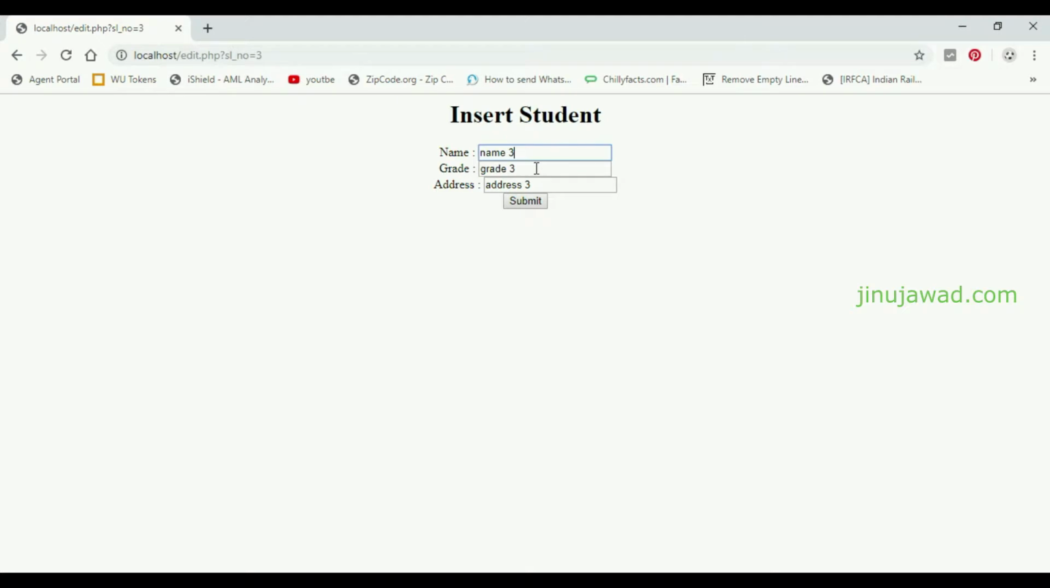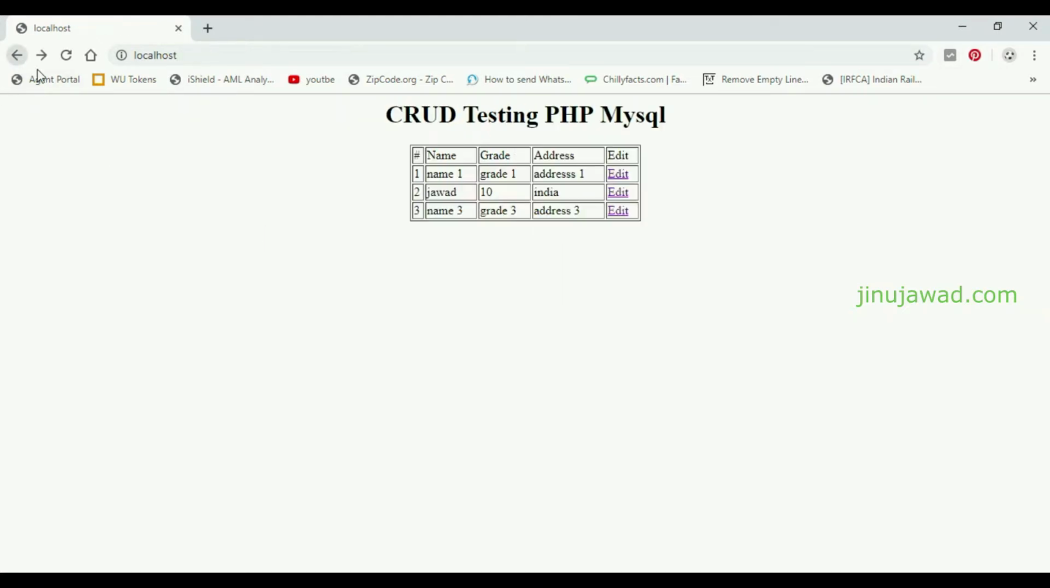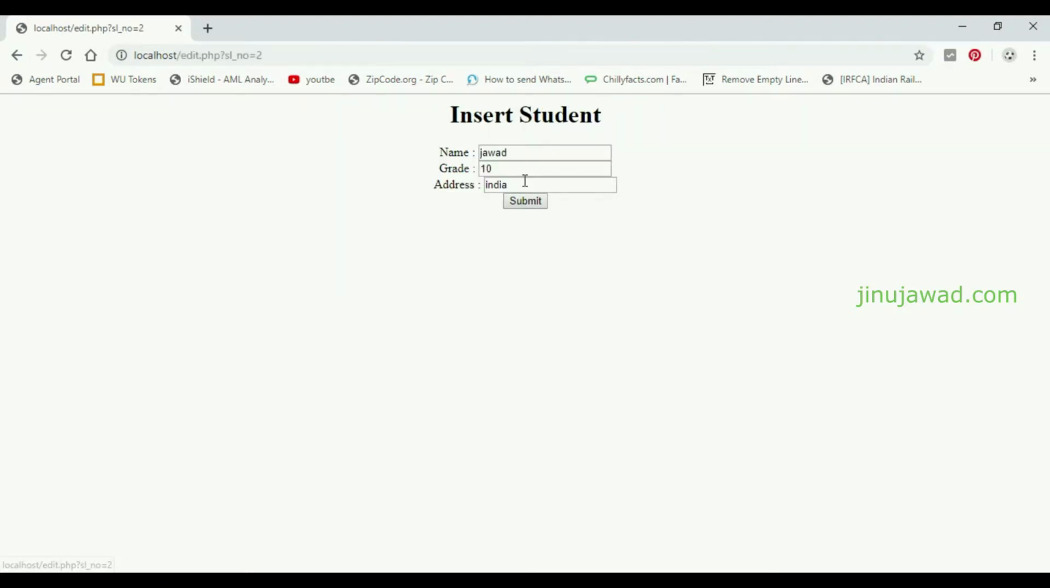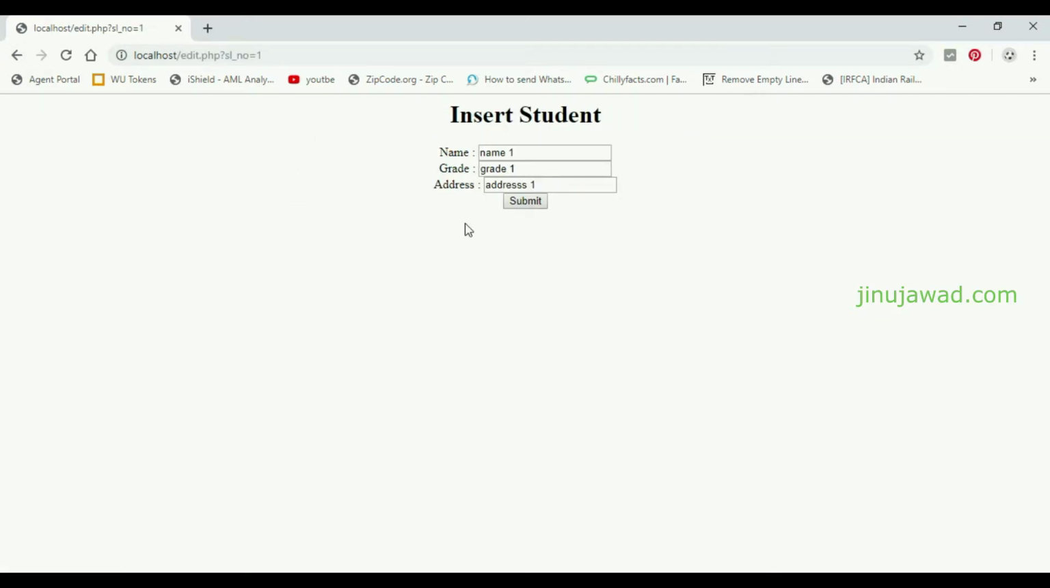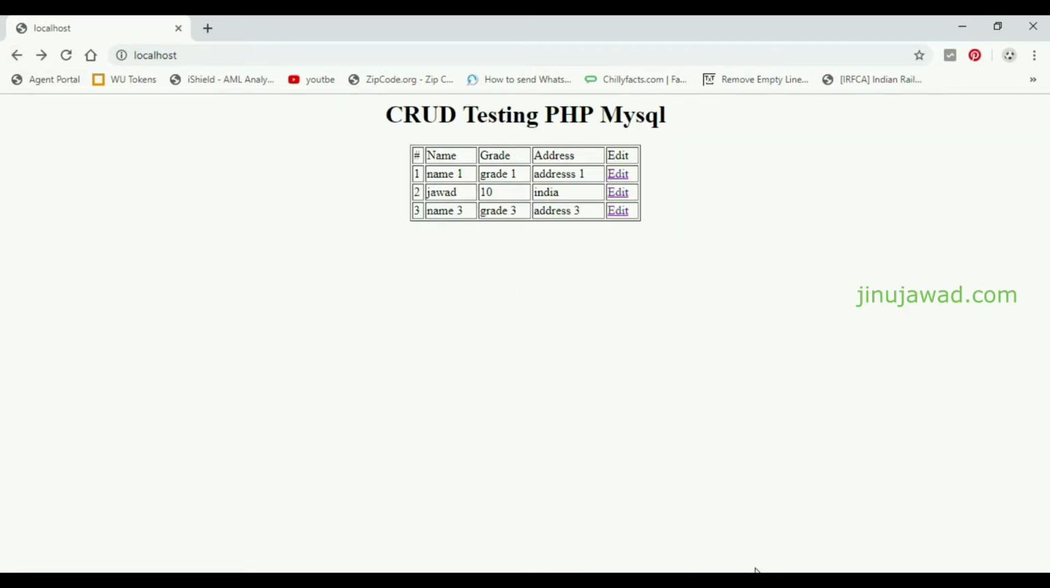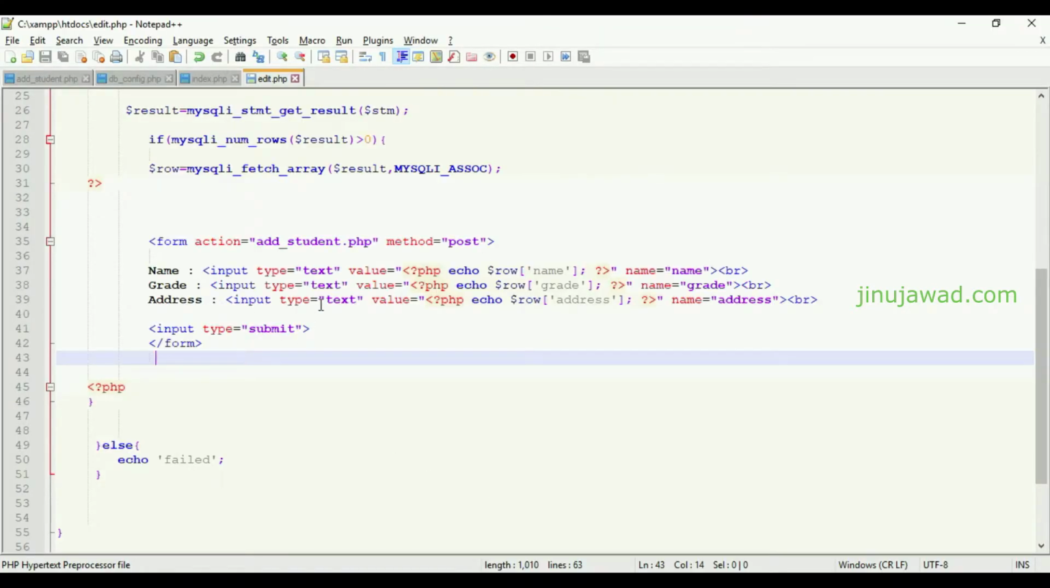You can see it is filled from the form actually. So I'm going to edit this value. Just click on edit. You can see Java 10 and India. So it's exactly the value from the database and the form here. Now we have to get the edit functionality. Now for that,